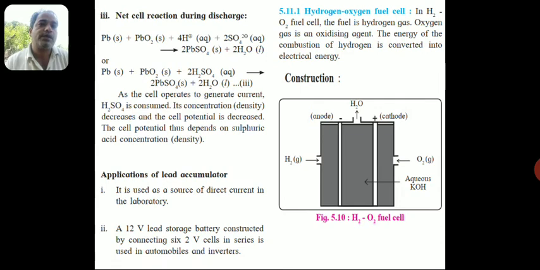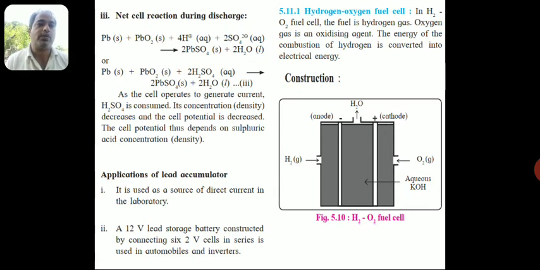So I'll repeat once again. From the left-hand side there is a small hole or inlet, through which hydrogen gas is allowed to go inside. In the vicinity of that is the anode. Then in the vicinity of that is the aqueous KOH. Again there is an electrode, that is the cathode, the plus electrode. Then to the right of that is the inlet for the oxygen. And at the top in the diagram, H2O is given out. The upward arrow means H2O is given out.